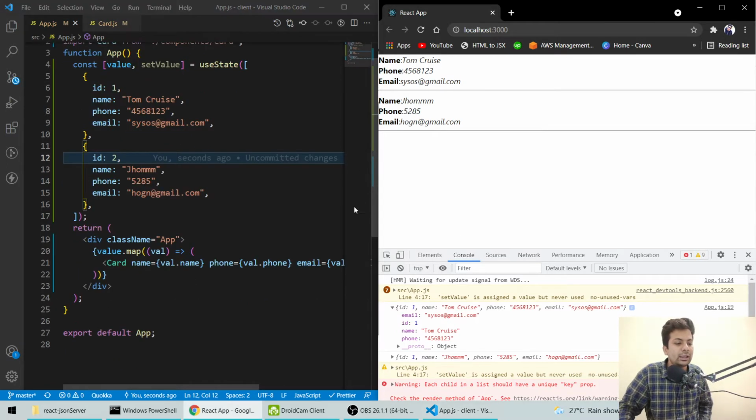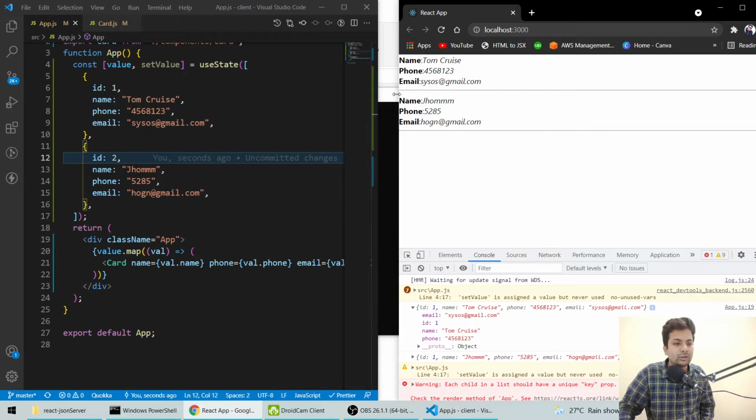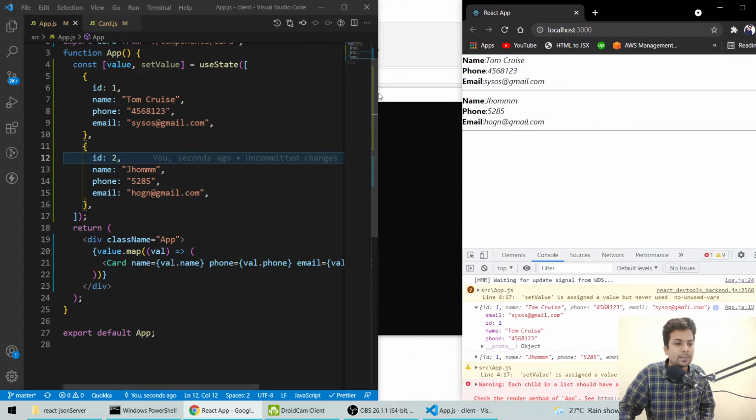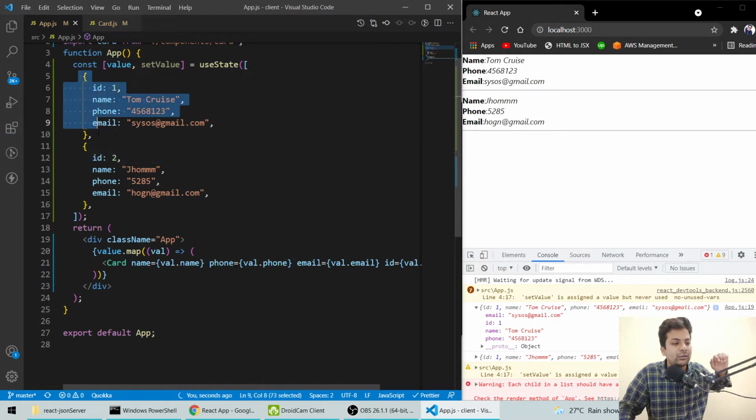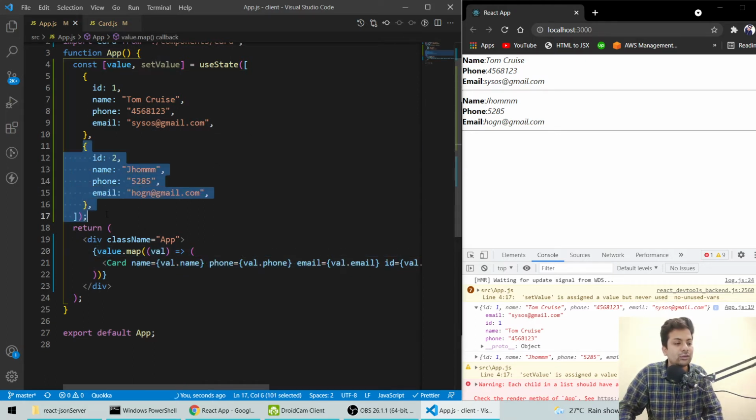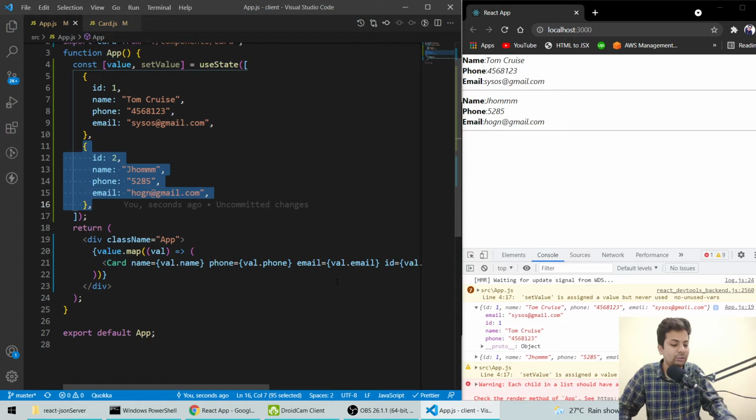See, now data has come automatically. Let me show you this thing. We are simply looping one after the other. The array index 1 value came in this val, then we pass all those values, then again it mapped over it, and the array index 2 value came, like array index 0 and this 1, and everything got mapped. So you know what I'm trying to say.